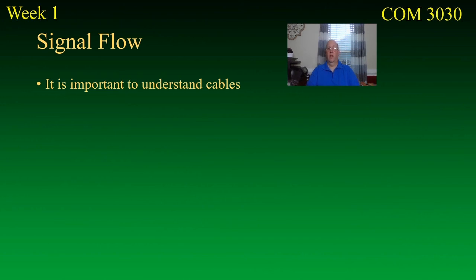Well, the answer is because if there's a break in one of those cables, you would never know. If the video is going to the recorder first and then to the monitor, if you're looking at the monitor, if you don't see anything, that's probably because one of those cables is bad. On the other hand, if the monitor is at the head of the chain, you may not know for sure that whatever's going beyond the monitor still works. And there have been some very embarrassing situations where people have had entire programs that they weren't recording because they were looking at the program, but it wasn't actually being recorded. And so be very careful how you approach that.